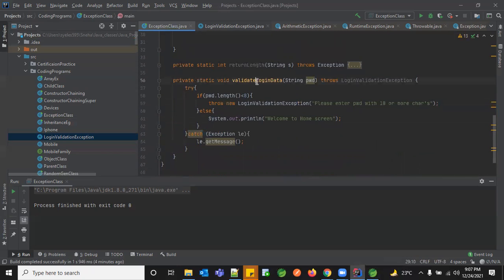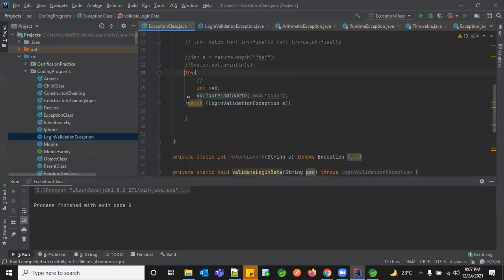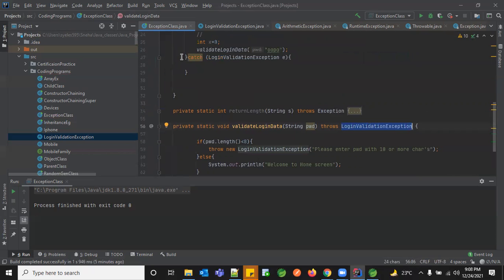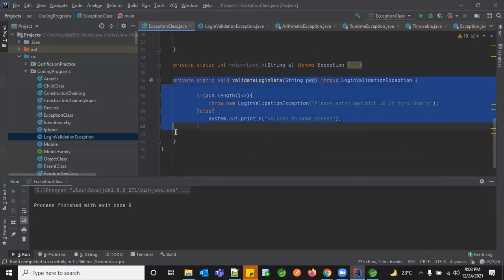So whenever you're having common methods created, wherever you want to reuse them again and again, like your if else check, or if you want to check whether this particular login length is greater than or less than 8 for every user who logs in, wherever you're using this method, there you need to have your try catch block handled. But in the actual block, this particular piece of code, we don't require try catch block. We are making sure there is a chance for you to get a login validate exception. If you want to suppress that, you can have that in your place where you're invoking it and not actually where they have created it.